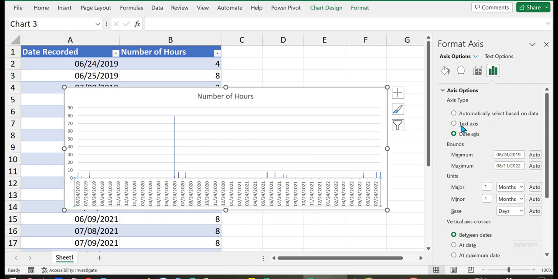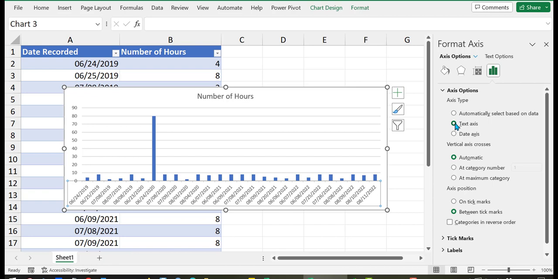So with the horizontal axis selected in this format axis, we're going to check text axis here. And now what that does is it shows us only those days for which we have data. It still shows the date, but now Excel thinks, okay, this is just a label instead of actually a date. So now Excel thinks of these dates just as labels to these different categories that are the number of hours that you closed your window every day